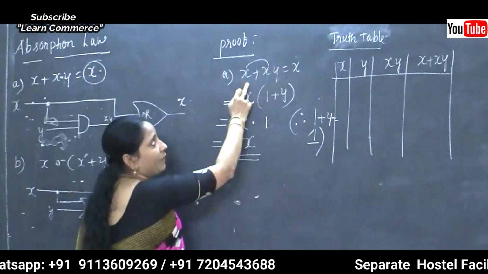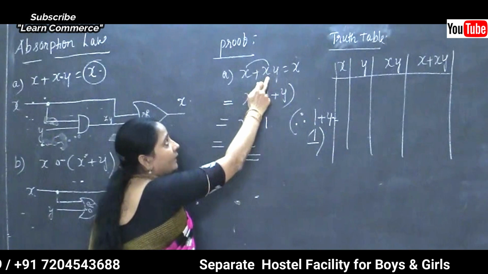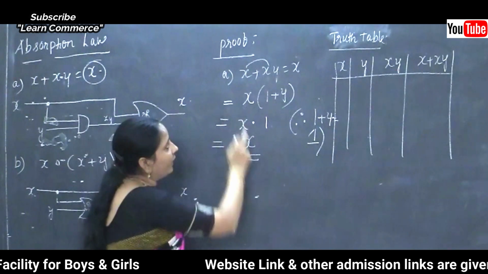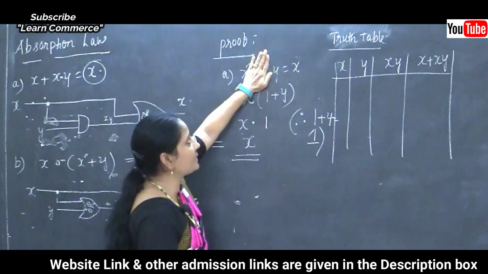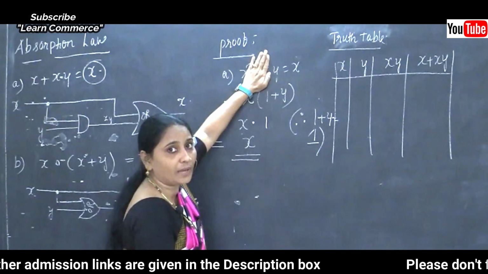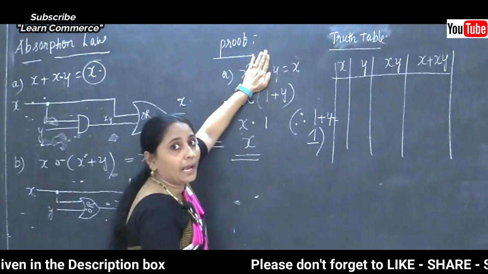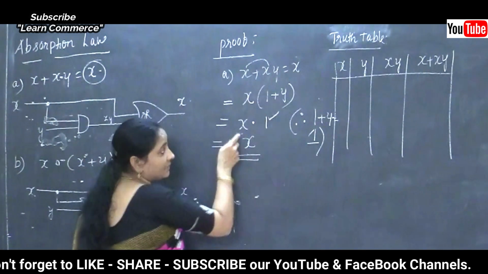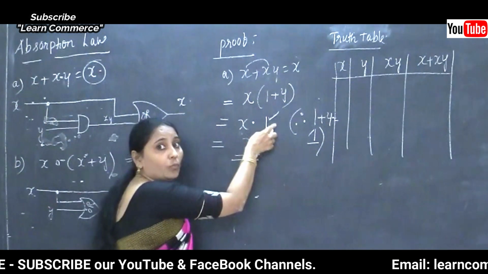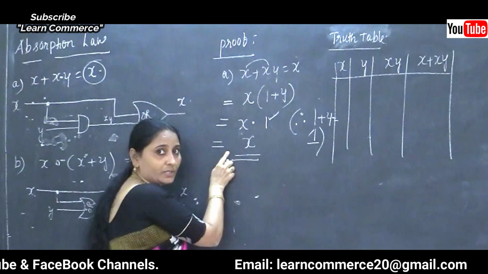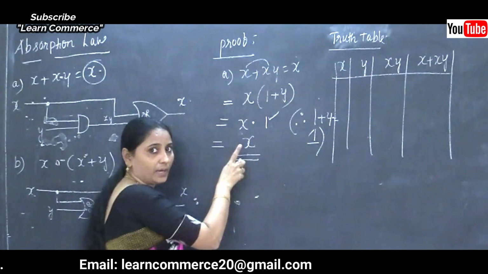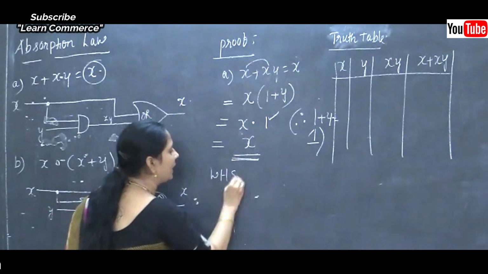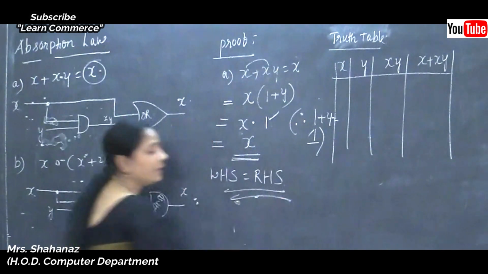First of all, I added x plus x here, and like that I completed just the x value. Later the y value is there, we can't take it alone, there are some rules. So such a value we take by using 1 plus y, and we know that 1 plus y is equal to 1 only. This is shown in our third column, x and 1. If the x value is equal to 0, 0 ones are 0, maybe the x value is equal to 1, 1 ones are 1 only, so it depends on the x value. So we can say that the left hand side is equal to the right hand side.